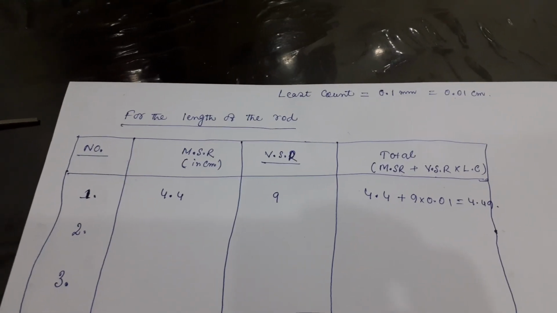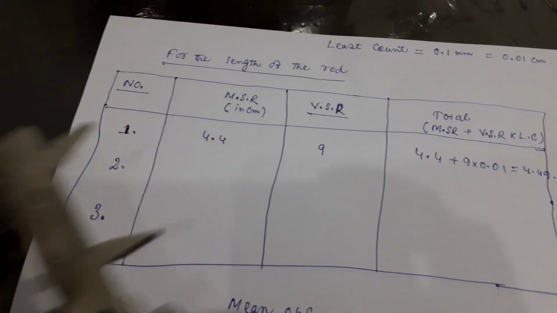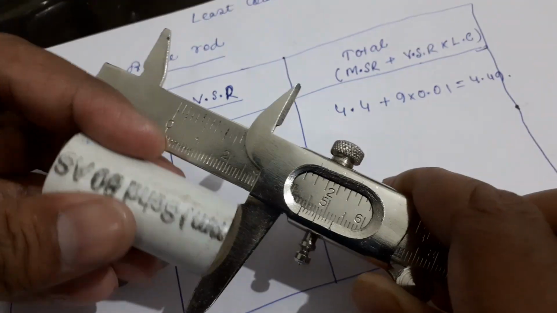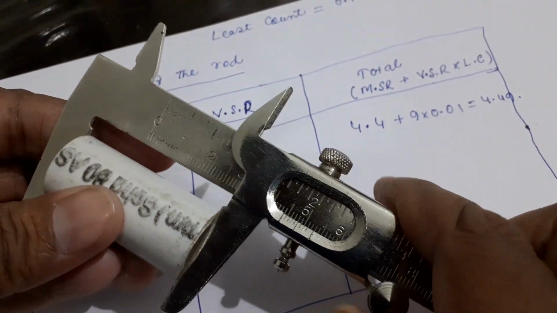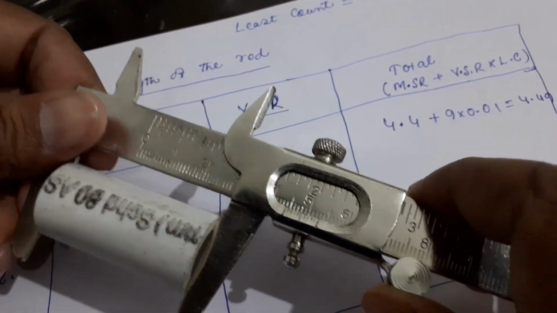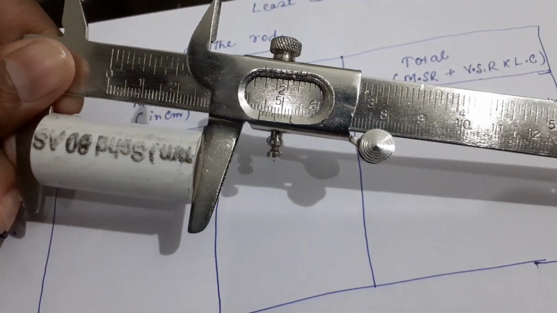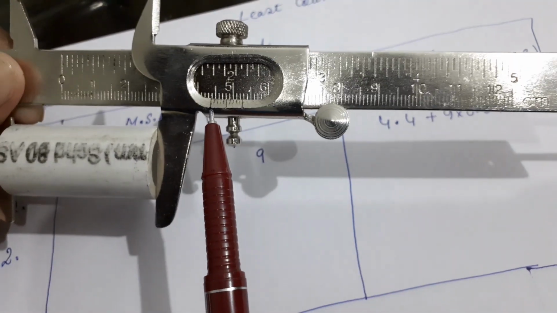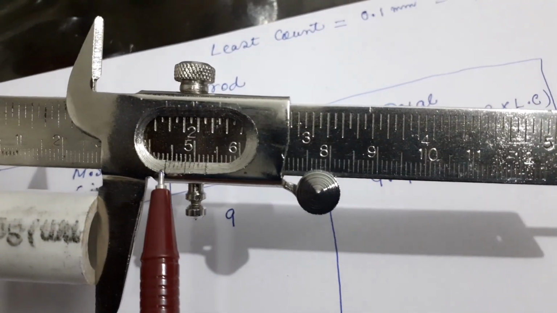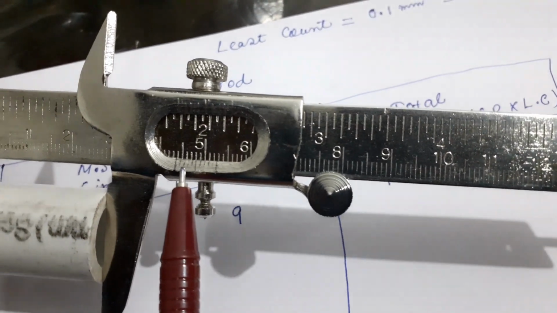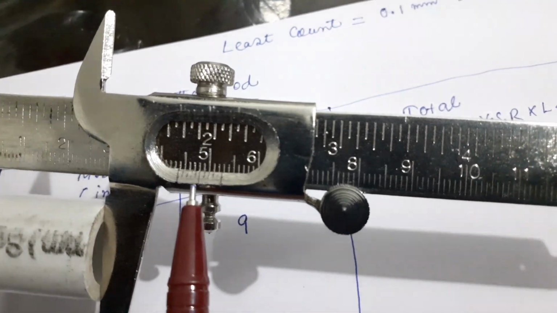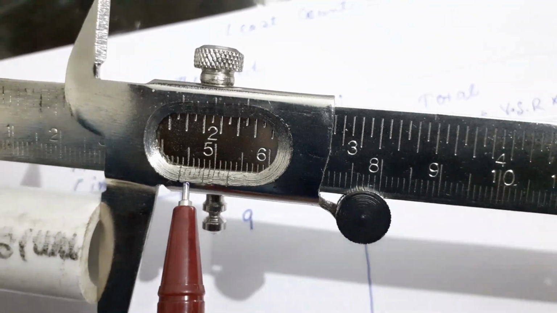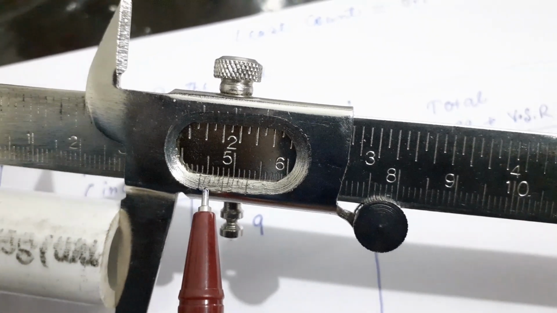Next type of measurement, how we'll do it: just do one more thing here. In this way first you have taken, so now you just place it in a different way. Now in this way you can put that one here. Okay, now you can check what is the actual measurement. Same process, which one is just coinciding here. So main scale reading is coming as 4.4 again, and which one of the vernier is exactly matching. Maybe you can see that one, I don't know if you can see or not.